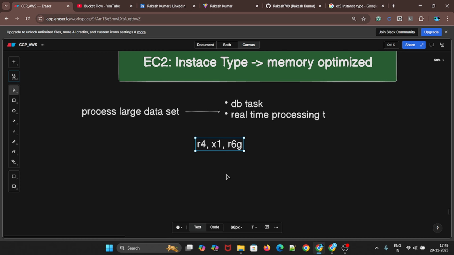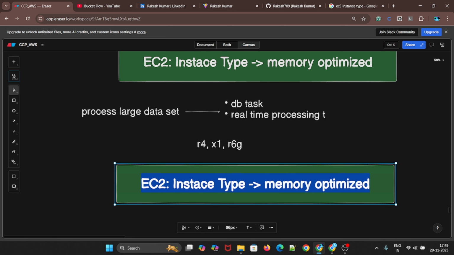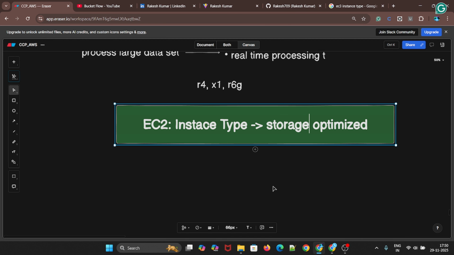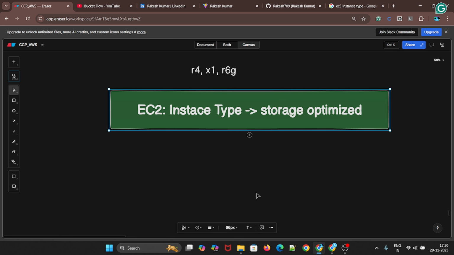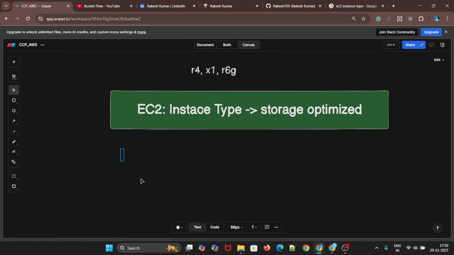Apart from that, we have storage optimization. This one is also kind of memory related, but for storage optimized, basically this is for read and write operations. If you need to do reads and writes very intensively, at that time you need this kind of instance, storage optimized. So if you need high read and write, then you need this. Like, if I say the examples,